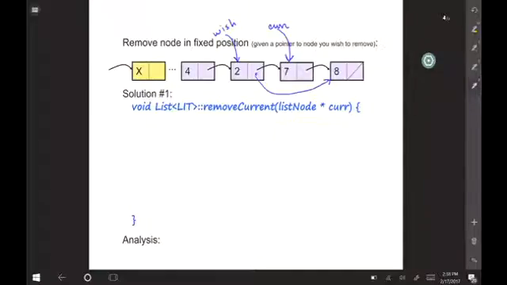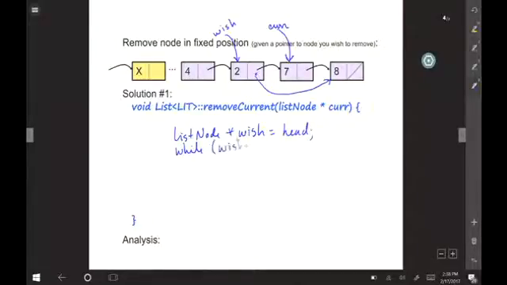Let's see. So I want list node pointer wish. And I'm going to start it off at the head. And while wish's next is not equal to what?